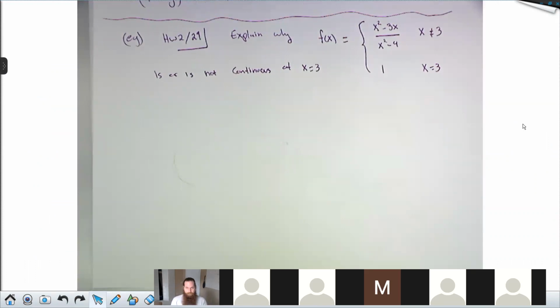All right, here we are. So I want to know whether this function, which is defined piecewise as the rational function x squared minus 3x over x squared minus 9 for every x not equal to 3, and 1 if x is equal to 3, is or is not continuous at 3. Really quick, this right here is a rational function. F of x is not rational, it's piecewise, but this piece is a rational function. So first I would say